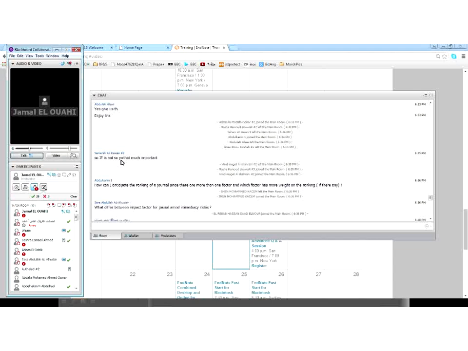How can I anticipate the ranking of a journal since there is more than one factor, and which factor has more weight on the ranking, if any? Well, I mentioned that already. The citation metrics are very different, all right? So if you look at impact factor or immediacy index or total cites, for example,